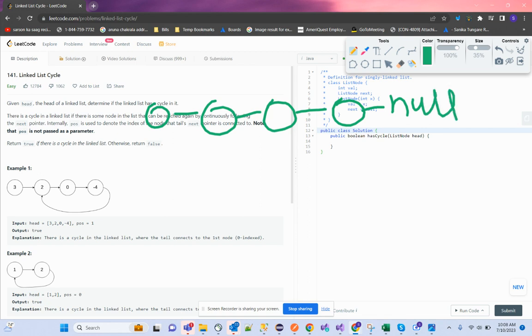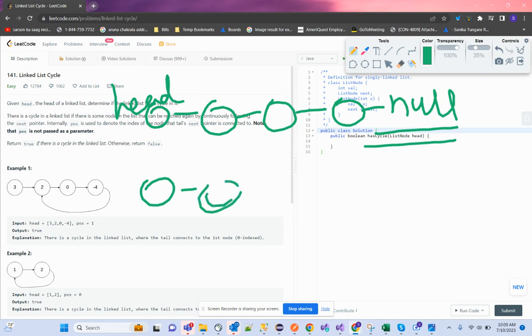This is one kind of linked list, and a linked list always starts with the head, by which we can traverse the linked list, and always ends at the tail, which is followed by a null pointer. So the tail always points towards null, meaning there is no cycle in that particular linked list. But if you observe a linked list in this format,